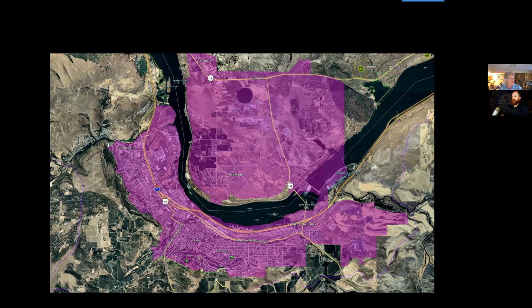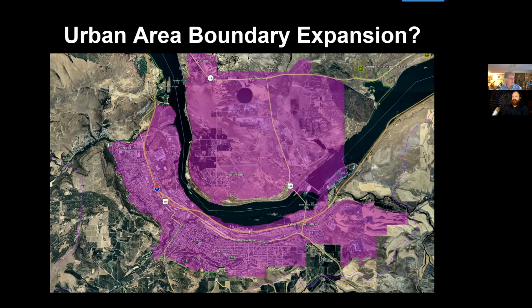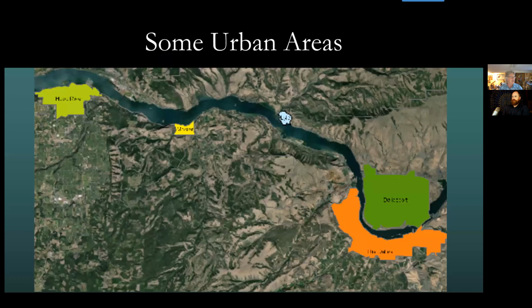So this is the Dalles and Dallesport. You can see size-wise, it's a big amount of land. And as you may know, the Dalles is very eager to expand. Whereas on the other side of the river, there's tons of undeveloped and open land that is designated to be developed in an urban setting. Just to give you some perspective,